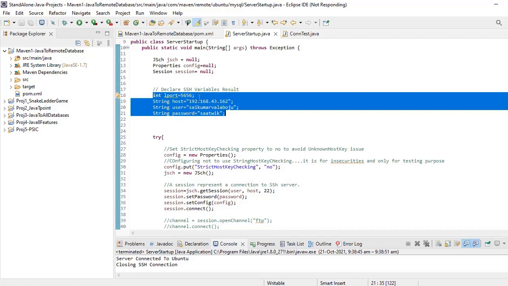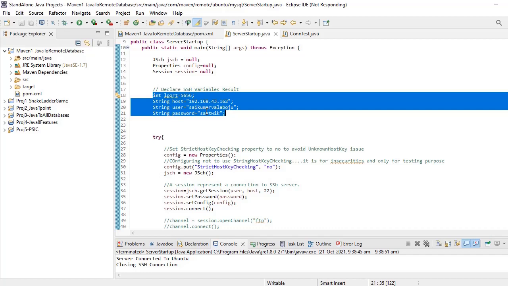Next, string host. Host means, I have installed the Ubuntu operating system, so that IP address is 192.168.43.162.